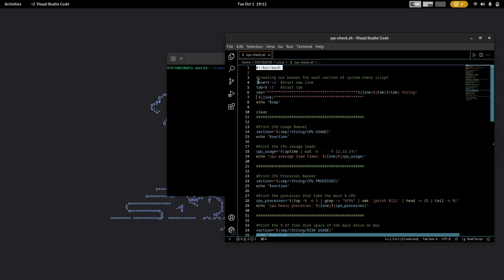And so the first thing you see here is a comment with the hashtag, or pound. We're going to create our banner for each section of our system check script. We have three variables here. The first one is the line with the slash n at the end. Basically, we're saying we're going to start a new line, and with the \t, we're going to start a tab, right? So right here on this variable, which I named sep, short for separator,